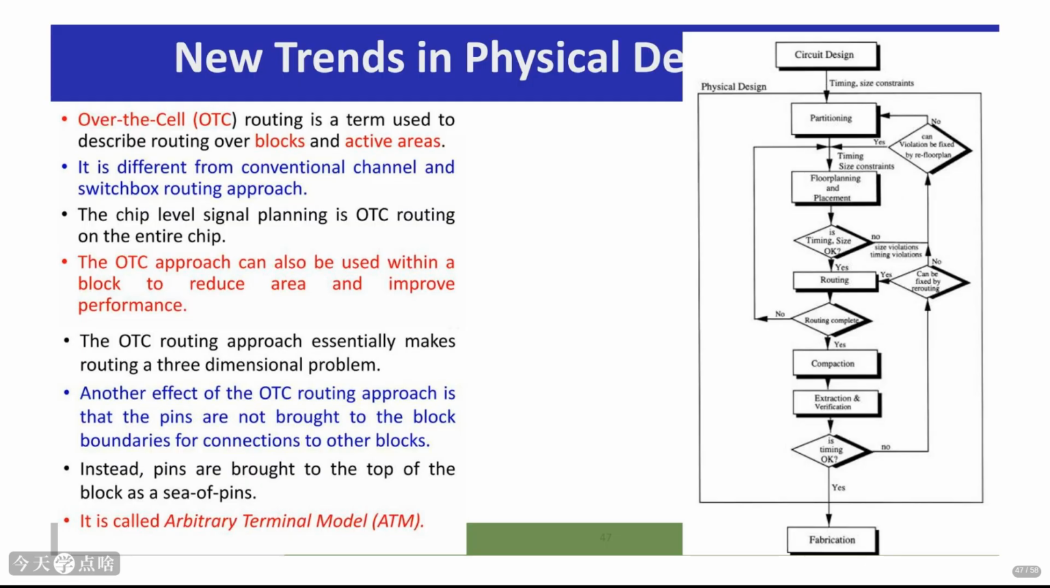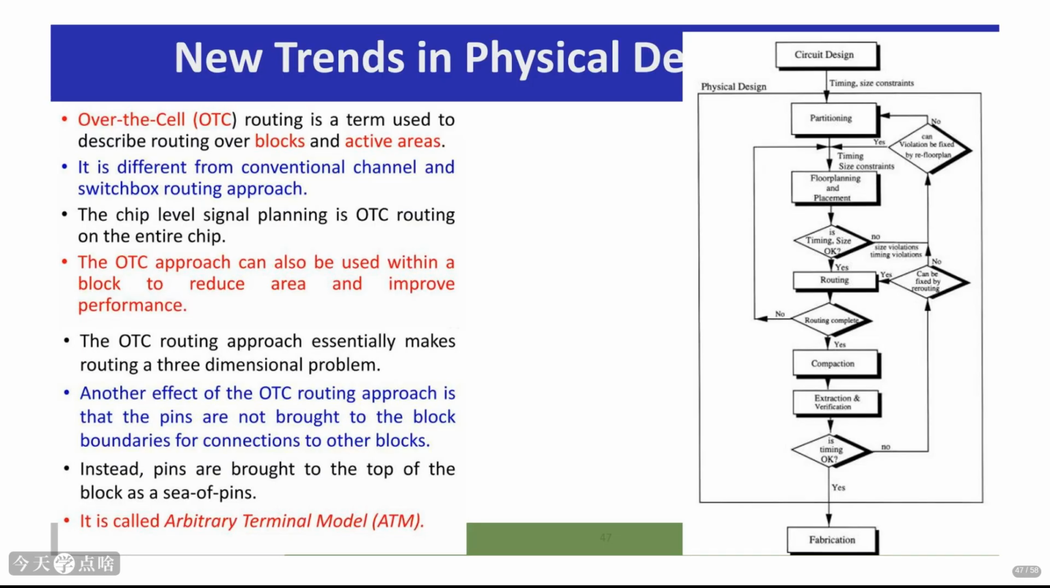This can be very effective for reducing area and improving performance, especially for long, critical signals. It essentially makes routing a three-dimensional problem. Another consequence of OTC is the arbitrary terminal model, or ATM. Instead of bringing pins to the edges of the block for connections, pins are brought to the top surface, allowing for more flexible routing. The diagram shows the iterative nature of the design process, with feedback loops for timing and